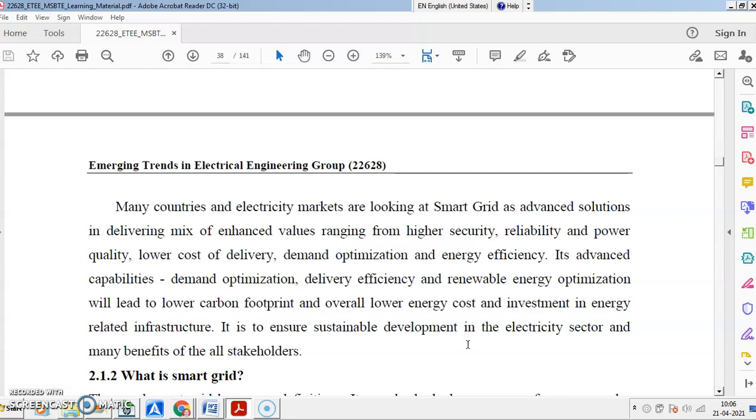So before going to smart grid, it is explained that we have n number of power producers and n number of consumers. As of today we have a horizontal power system. As far as India is concerned, according to the Indian Electricity Act 2003, separate entities have entered into the power market.